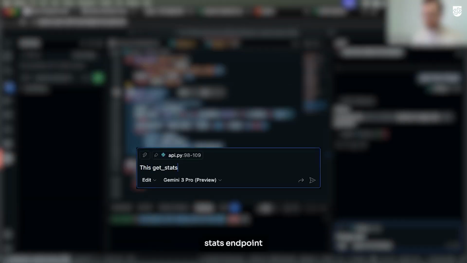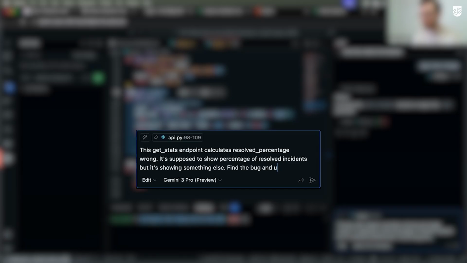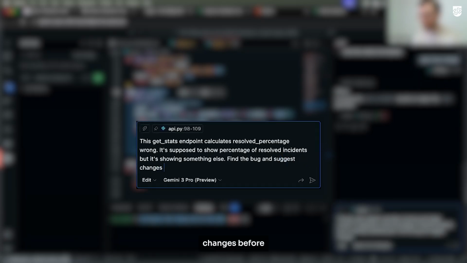This get stats endpoint calculates wrong. It's supposed to show percentage of resolved incidents, but it's showing something else. Find the bug and suggest changes before